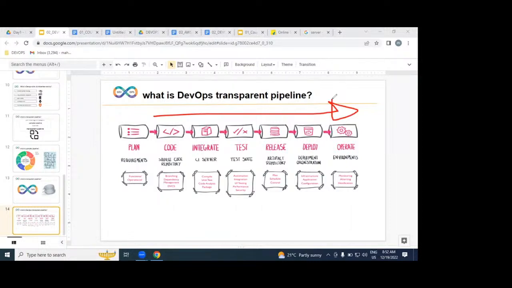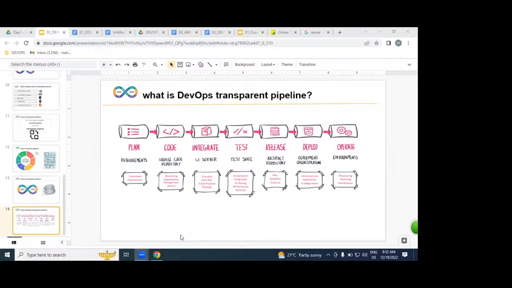While implementing this pipeline, make sure you deliver within the shortest time, with high quality, and with low cost. This is exactly the DevOps process.